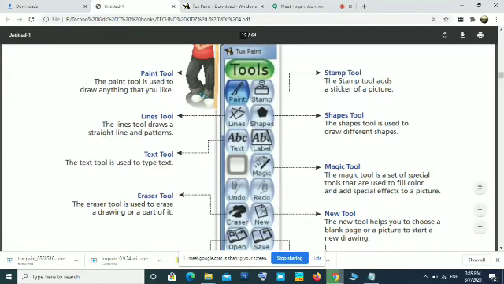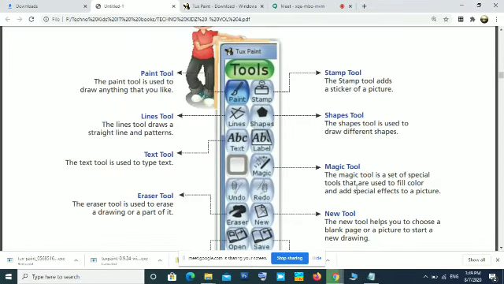Okay, then next one is the magic tool. This magic tool is a set of special tools that are used to fill, color and add special effects to a picture. So using this magic tool, you can give some patterns or some design for your drawing. For example, suppose you draw a picture of a house. You want that wall to be brick shaped.